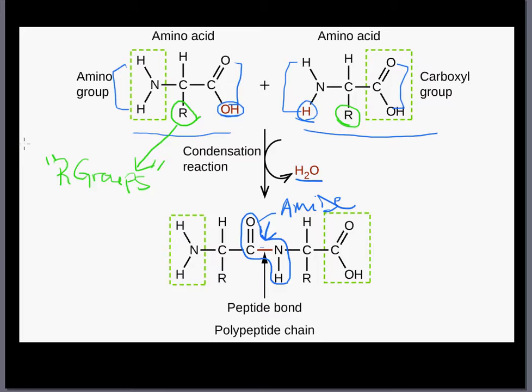But in amino acids, there are only 20 R groups. And I'm going to show you some of the amino acids because I think they're in your notes in a little bit. So therefore, there are only 20